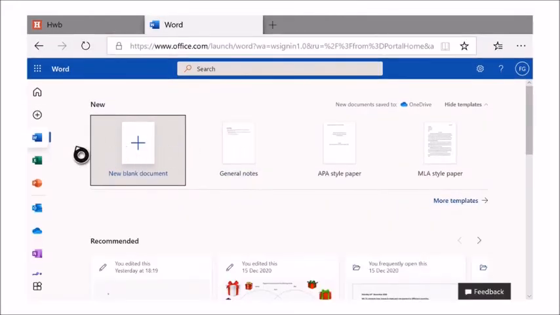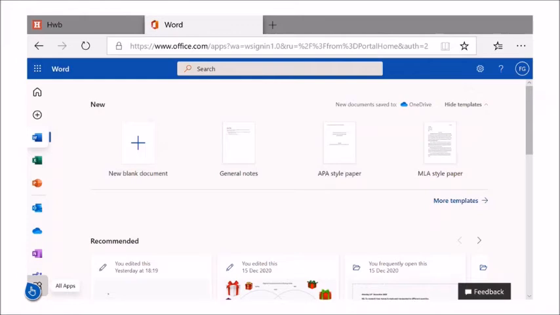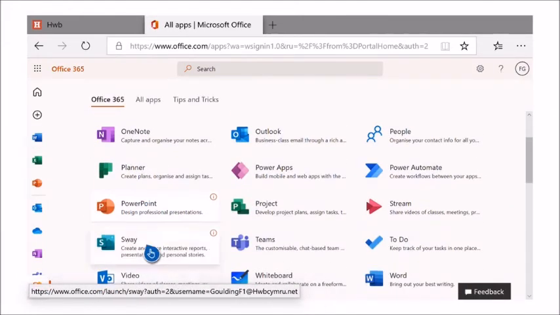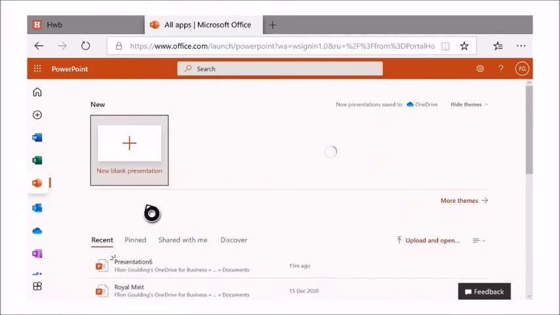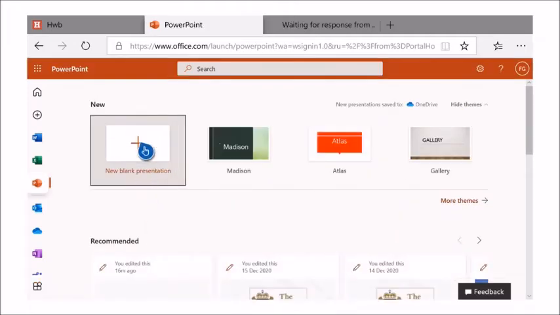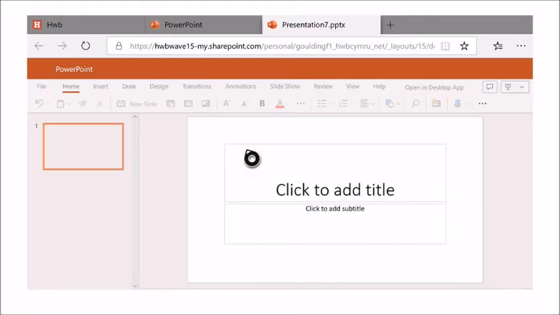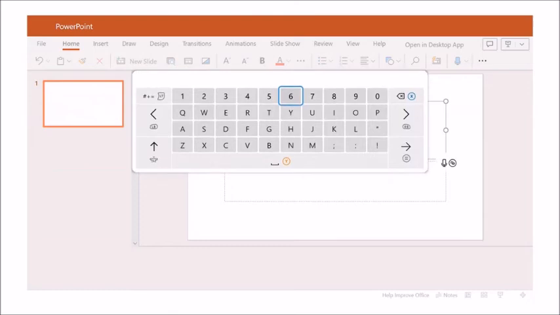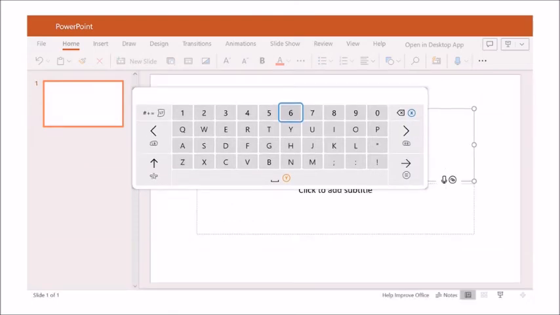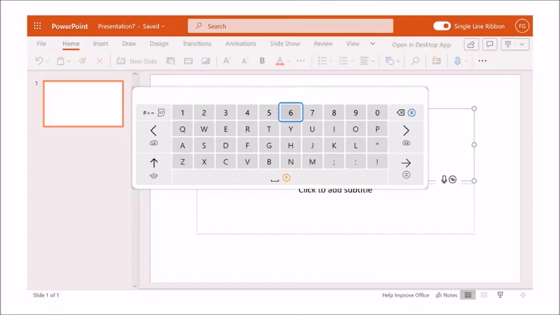So close that, and then if you go back to all your apps, you can use PowerPoint to say if you wanted to make a PowerPoint for school. And you could just do what you would normally do on a computer in school, and then you can just use your keyboard again to type in it, like